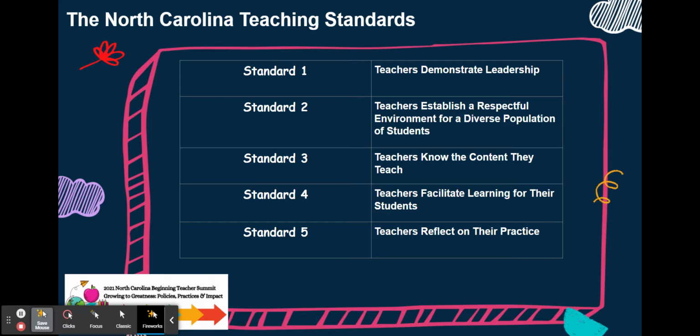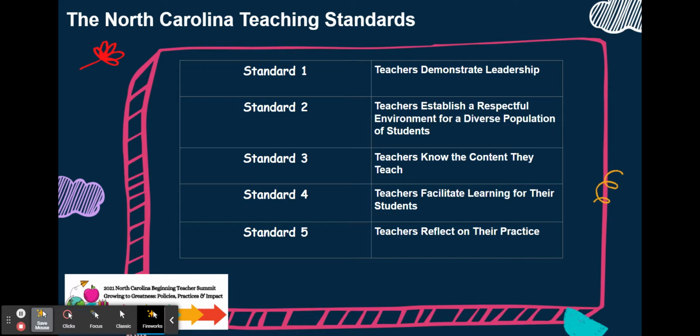And then there's lastly Standard 5. Teachers reflect on their practice. This is obviously the reflection challenge. It challenges you to really think about, okay, now I've planned that lesson and carried it out. Here is where my students are. Here's the data. What do I do with this? How do I make this